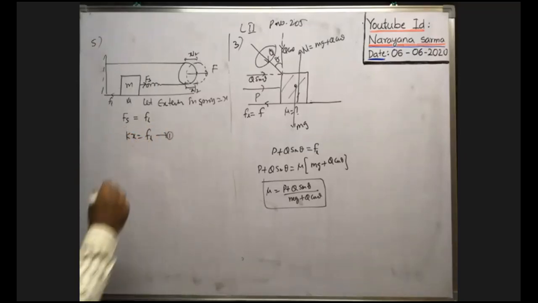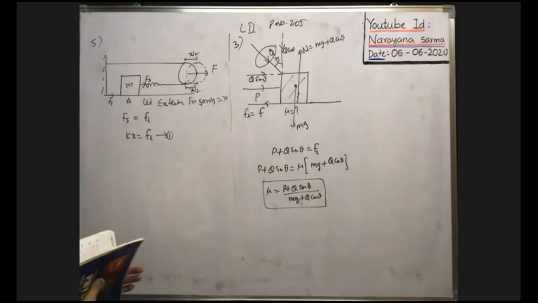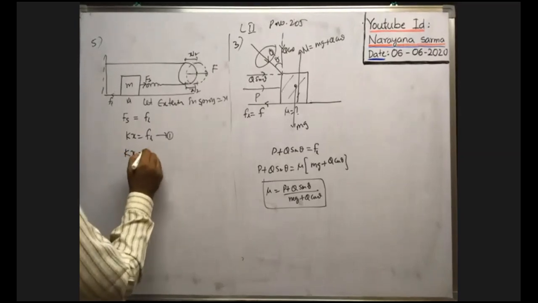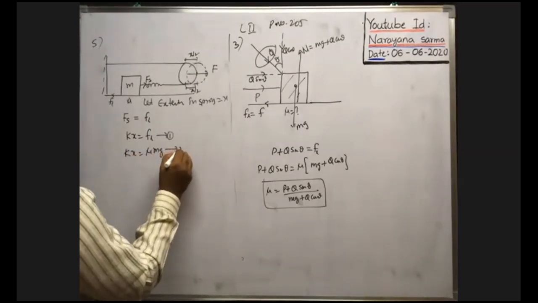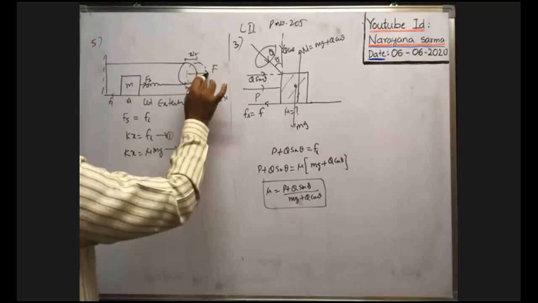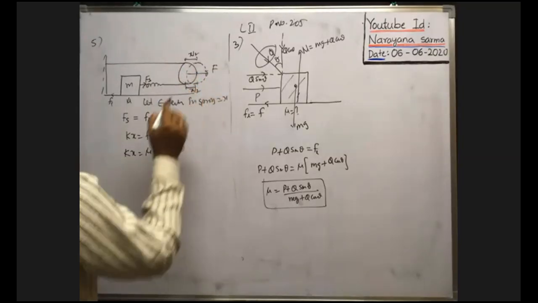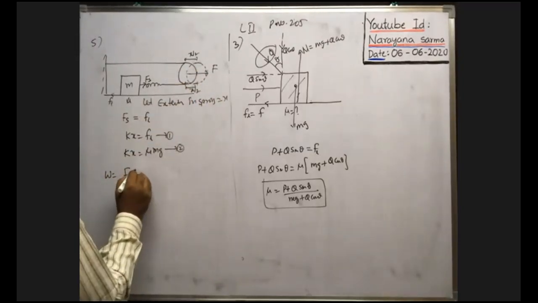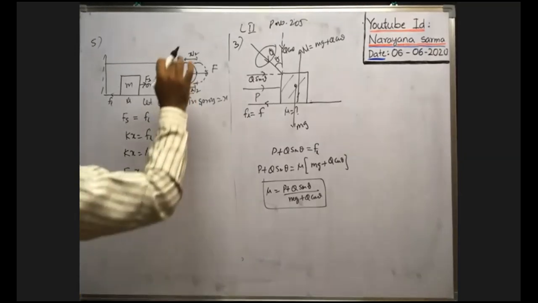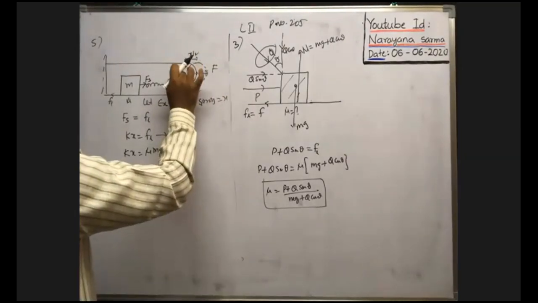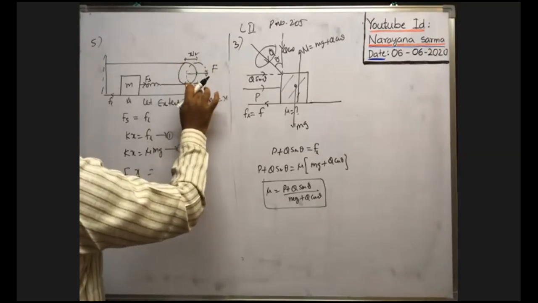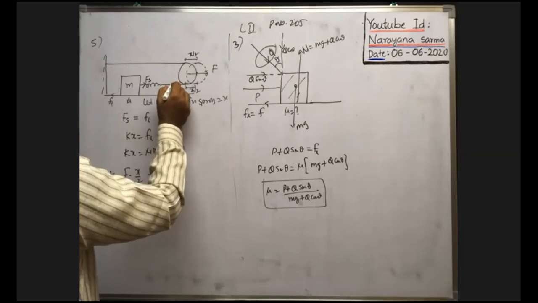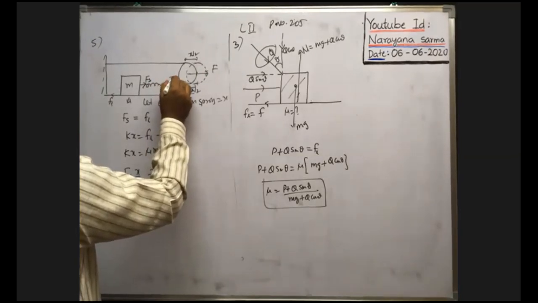Here they asked what is the applied force in terms of mu. Kx is equal to mu into the normal reaction, mg. This is equation 2. Now, because of this applied force, as the pulley displaces a distance equal to x by 2, the work done by the applied force on the pulley is equal to F into x by 2. At the same time some tension T is developed, which is equal to the spring force.